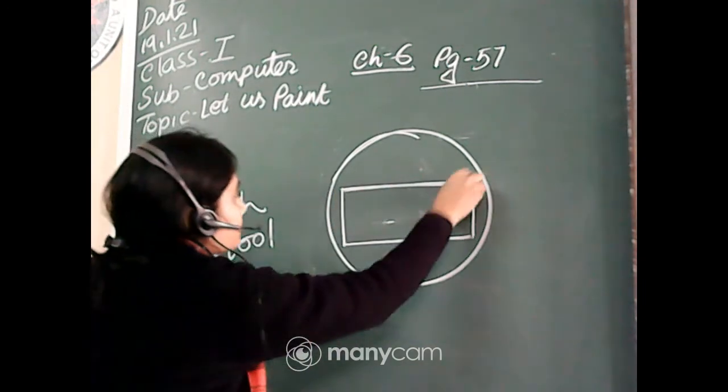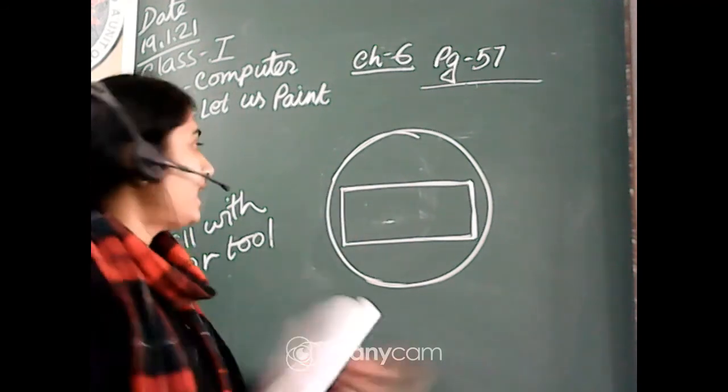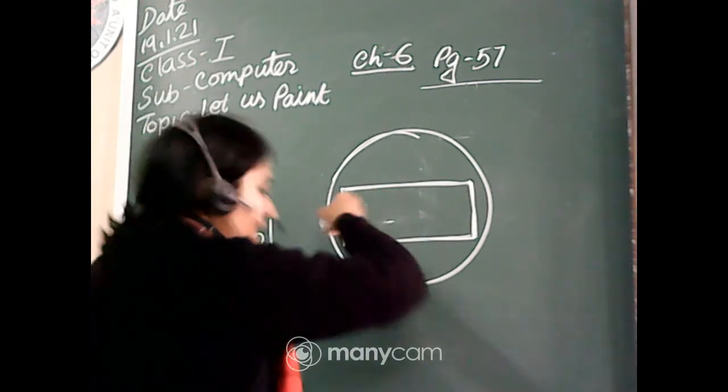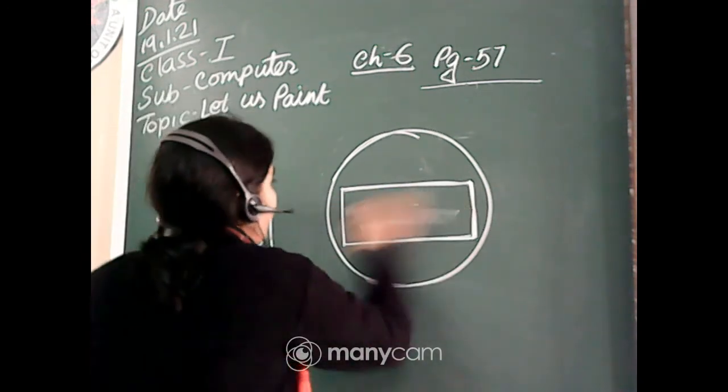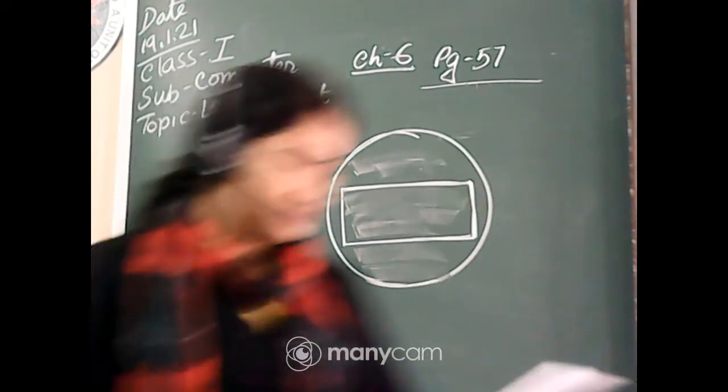And if you want to apply another color, then choose another color and use the fill with color tool and click over here. Then it should be that particular color which you have chosen. You can see this color here also. Okay, now